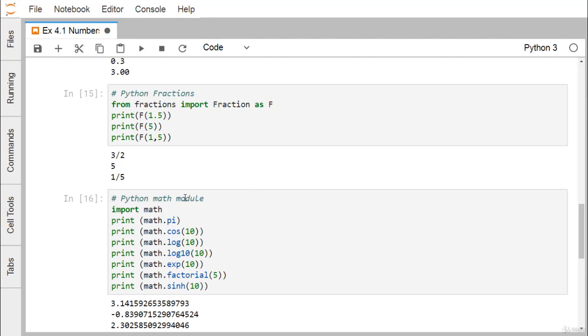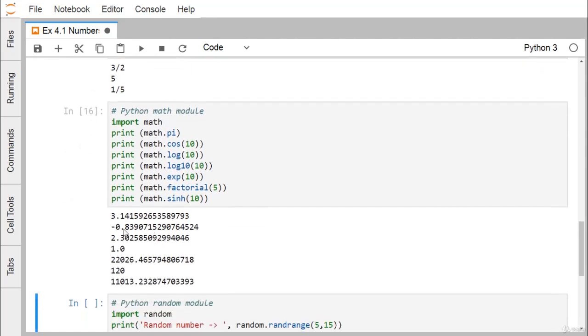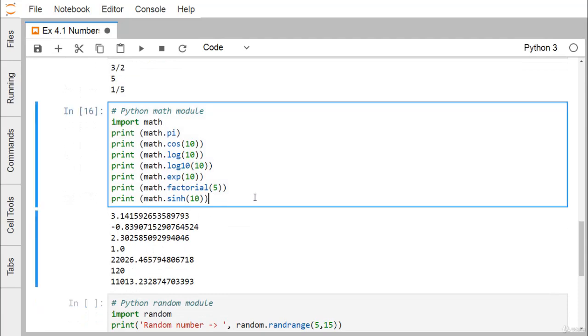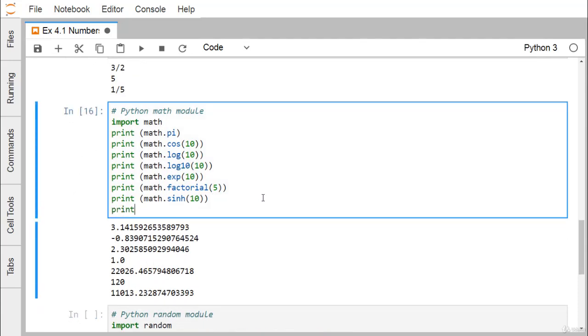So, the Python math module. We have imported the math module, and then we used multiple different functions available in the math module here: pi, cos, log, log of 10, exp, factorial, and sin. Here are the respective outputs we are getting. So if we want to print the absolute value of, say, minus 12.34,